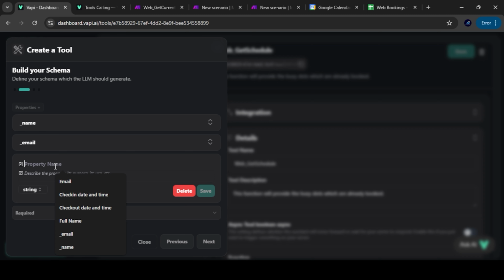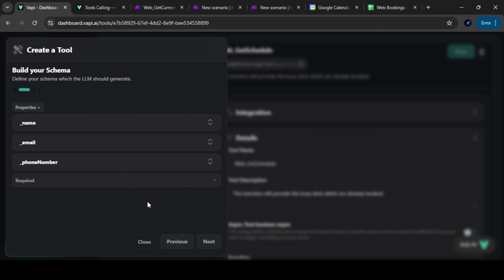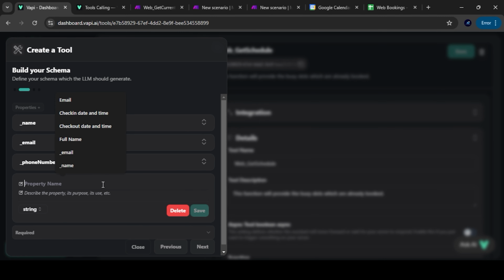Property name, and this will be phone number. We have it here already. This will be the phone number of the customer. Click on save, click on properties again, and the next thing is appointment date. This is the appointment date given by the customer.